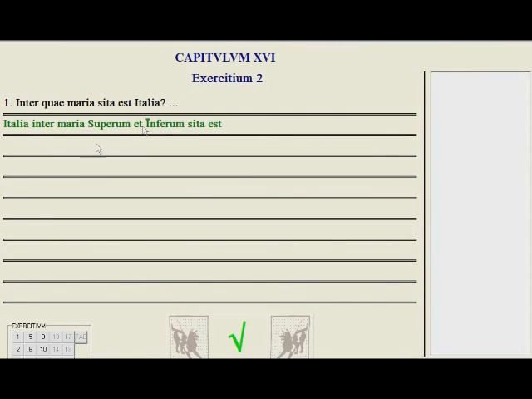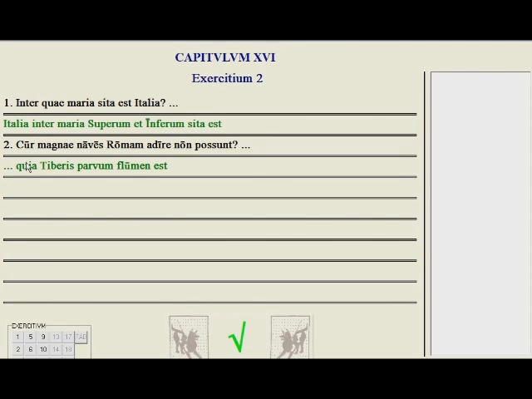So again, the answers are going to be differing from Orberg's because of all the new words that we know. So when you get an answer, just try to answer the way that he has after you've answered the first time. Cur magnae naves Romam adire non possunt? Why are large ships not able to go to Rome? Well, magnae naves non Romam adire possunt, quia Tiberis non multum aquae habet. The Tiber doesn't have much water.